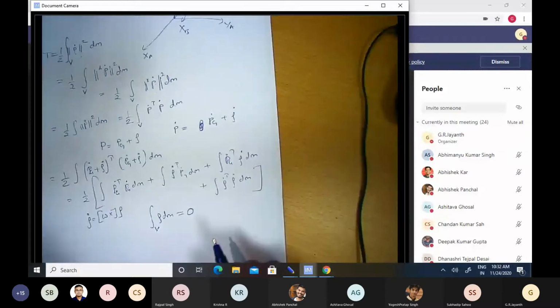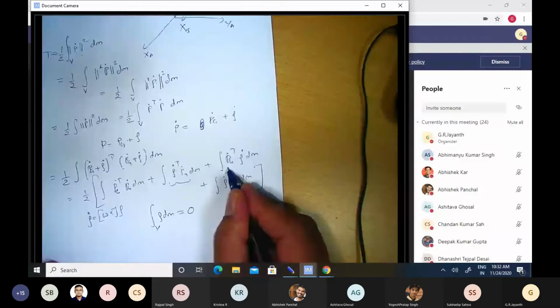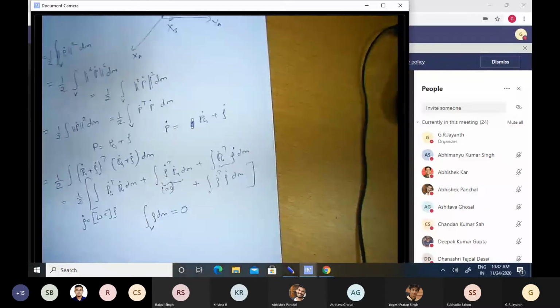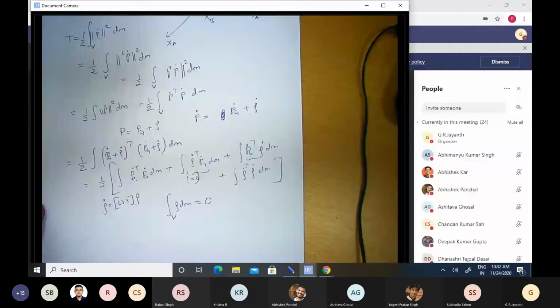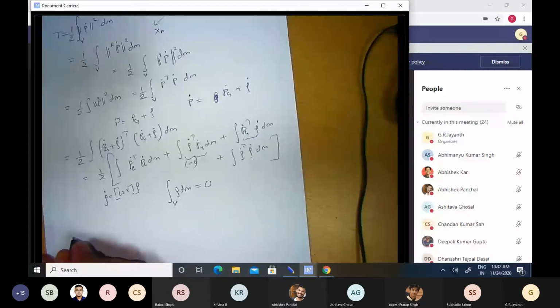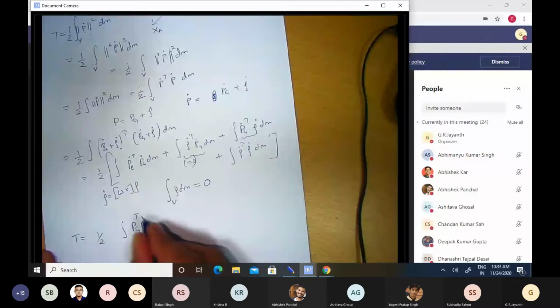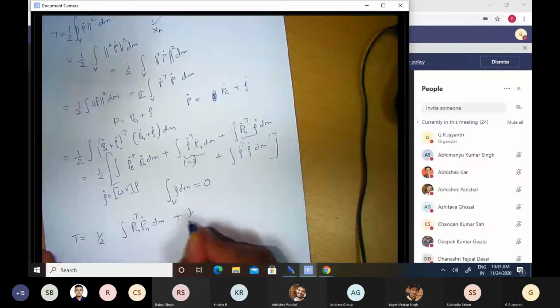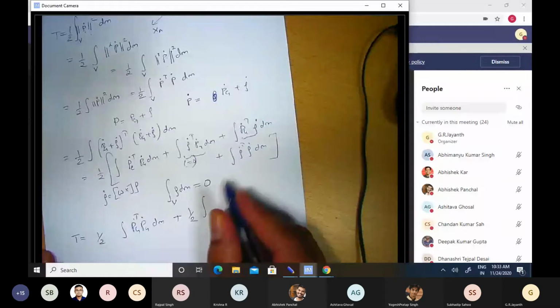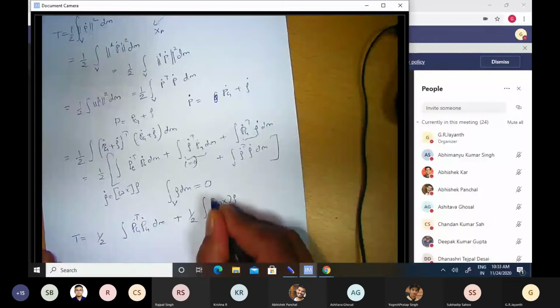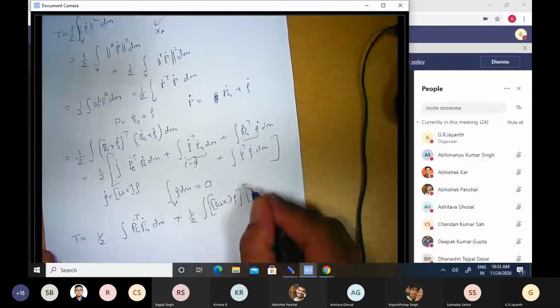You will notice that these two terms here will go to 0, because I can write rho dot as omega cross rho, and then do some manipulation very similar to what I did when deriving the Newton-Euler equations. As a consequence, the kinetic energy is equal to half integral PG dot transpose PG dot dm, plus half integral rho dot transpose rho dot dm. I'll just expand that out. It's omega cross rho transpose times omega cross rho dm.